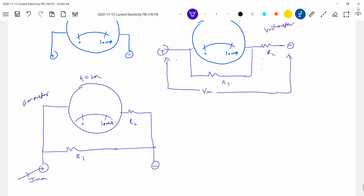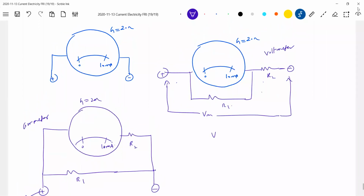There's no rule that only R1, only a resistance, should be in parallel. You may even get a resistor in series also like this, even in the case of an ammeter. So what they do is they'll give the ratio of R1 by R2, they'll give the range, and they'll ask you to work it out. So here, what will the basic formulas be? Vm should be equal to Ig into (R1 G) by (R1 plus